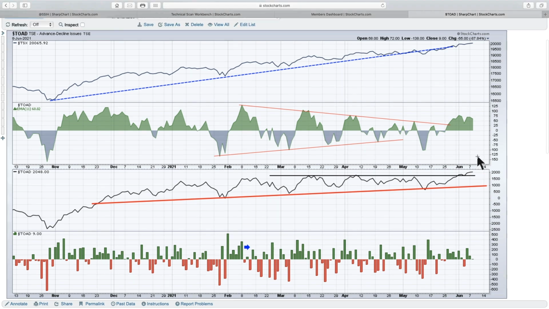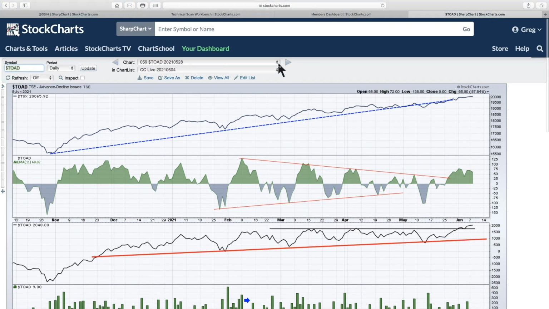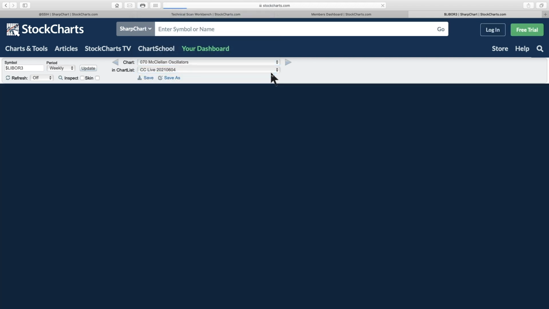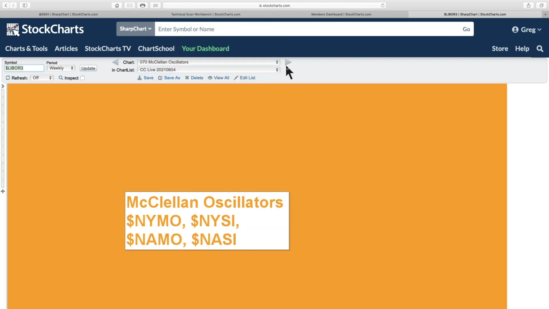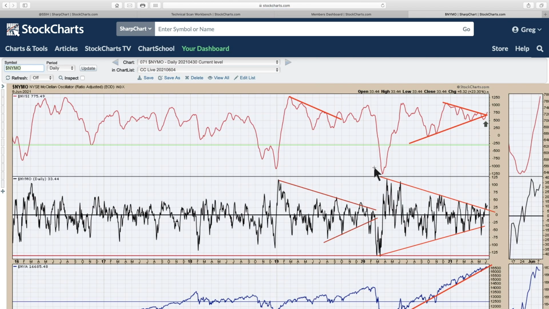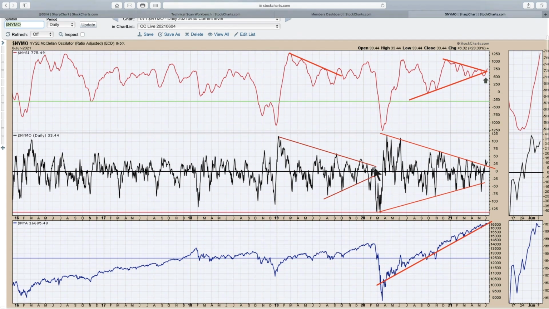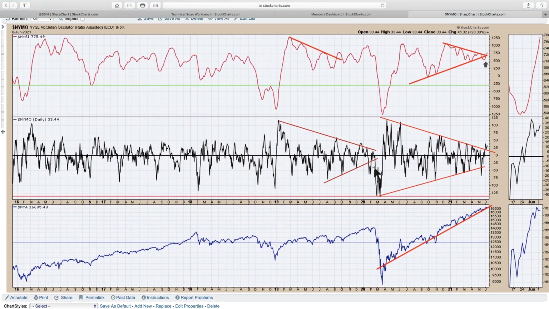So again, as energy started to get a new thrust with crude going above $70, this is starting to kick in. Okay, so let's go on to the McClellan oscillators, and there's some reasons to specifically look at these. So one of the things that the McClellan oscillator does is it tries to identify